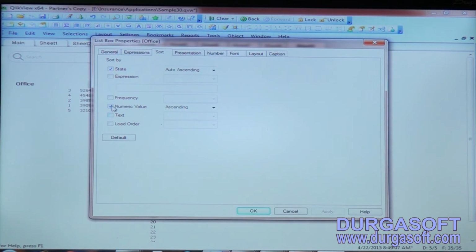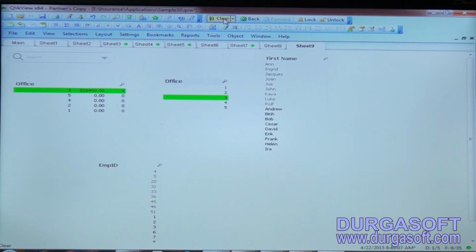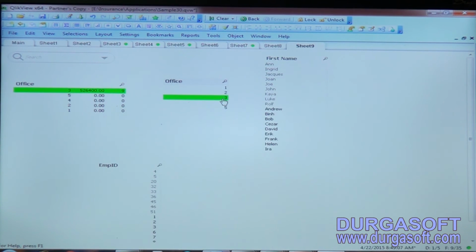Sort option, remove everything, click on apply. So now see here I have selected office ID 3. If I select office ID 3, my selection will be there only. My requirement is, if I select any office ID, whatever office ID I have selected, that selection must move to the top or bottom. So if I select 3, automatically the selection must move to the top of my object or bottom of